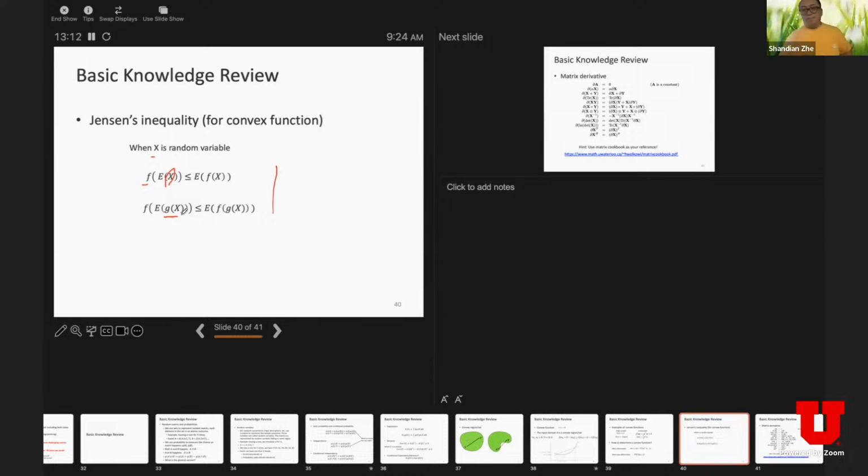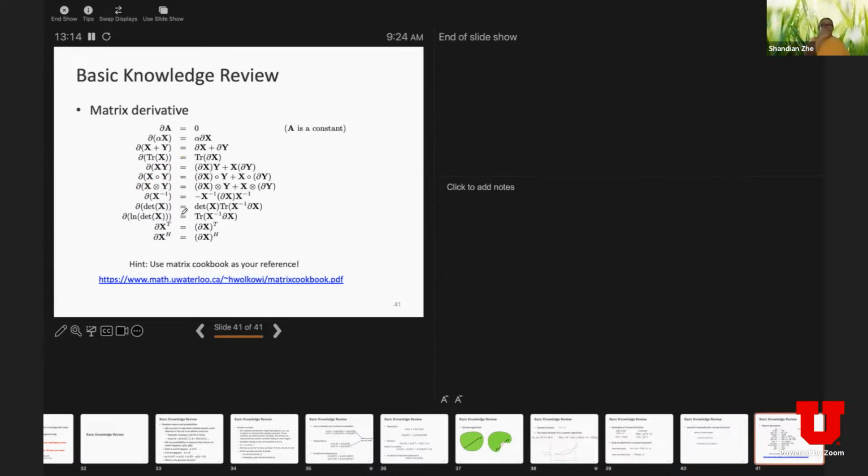Okay, great. So the last piece of basic knowledge I want to mention is matrix derivatives. We've got one problem. The last problem in our homework 0 asks you to try your best to work out some matrix derivatives. If you find it confusing or extremely difficult, don't be scared. You can either do